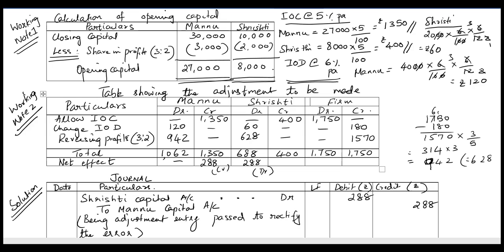So this is a solution to example 6. Like we did in the previous problem, we had to calculate the opening capital before going ahead and calculating the interest on capital. But there was one more concept which we noticed in this sum, that was drawings was still appearing on the asset side of the balance sheet. So to arrive at the opening capital from the closing capital, we did not add back drawings because the drawings had not yet been transferred to the partner's capital account.